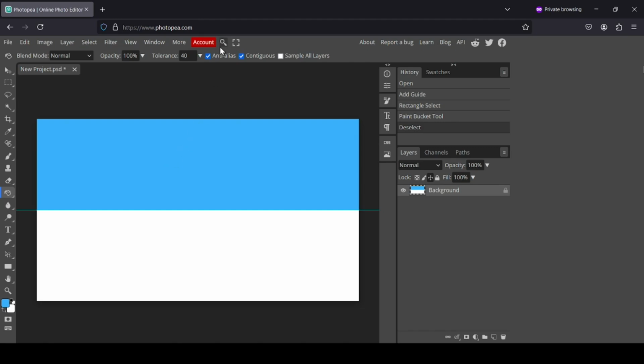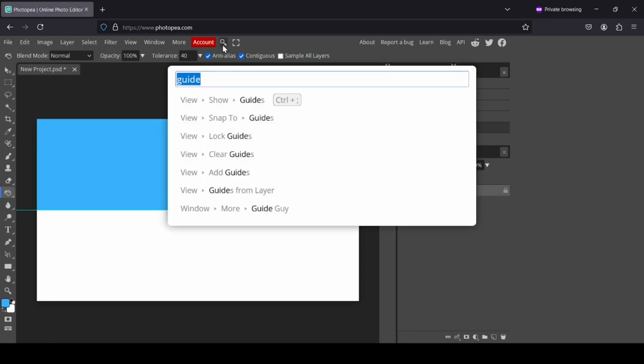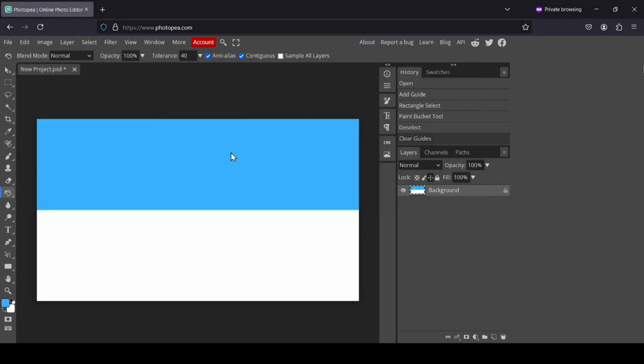And now I'm going to remove the guide. So click on the magnifying glass here and now just click on clear guides. So here it is. And now I'm going to select the type tool. Left click here and then select the